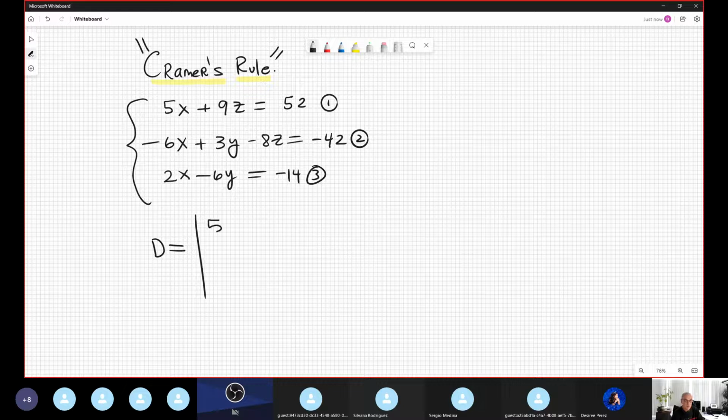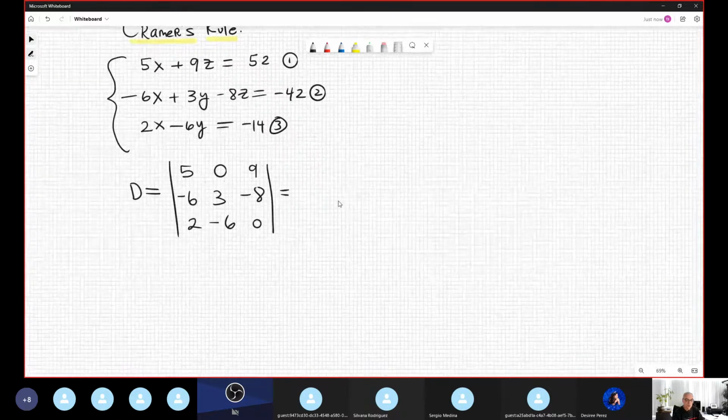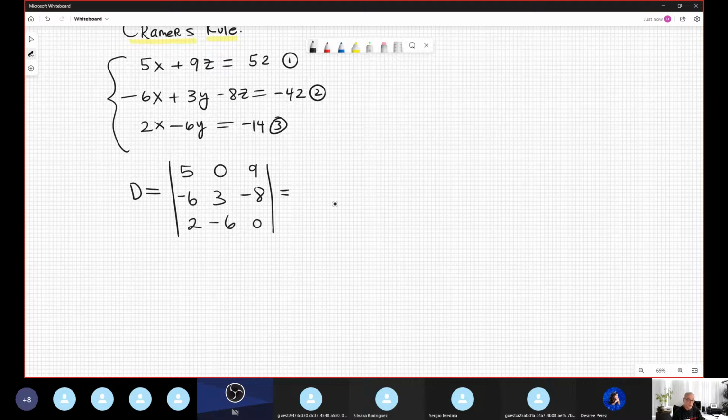5, 0, because y is missing in the first equation, 9. Negative 6, positive 3, negative 8, 2, negative 6, and 0. And we compute that, but not by hand, using the computer, using the software. But I want to explain the strategy. What is the algorithm? Now you compute another thing, it's called Dx. What is Dx? It's exactly the same,